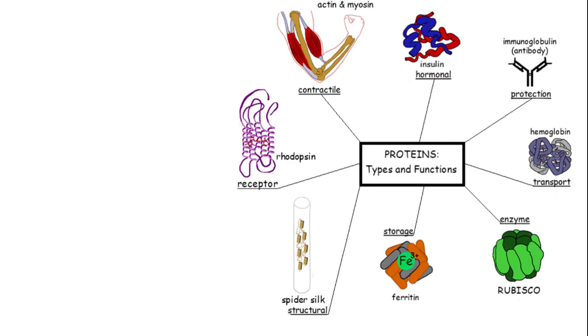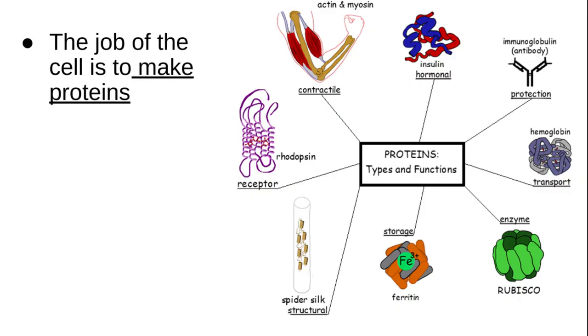All right, so the job of the cell is to make proteins. This is the first bullet point on your note packet. So what the heck is a protein? There's lots of different types of proteins. Proteins make up receptors in our eyes. They make up muscles in our